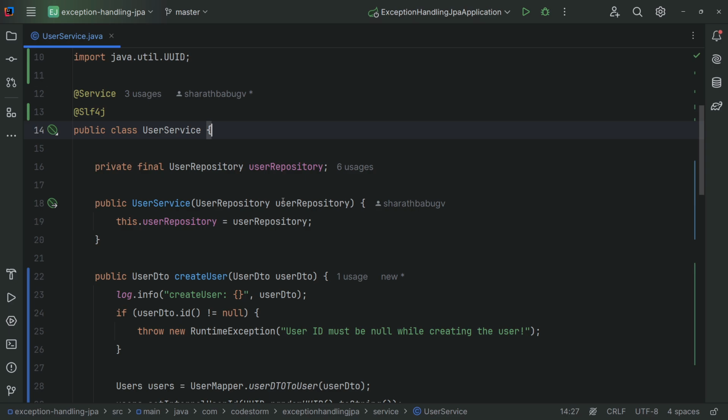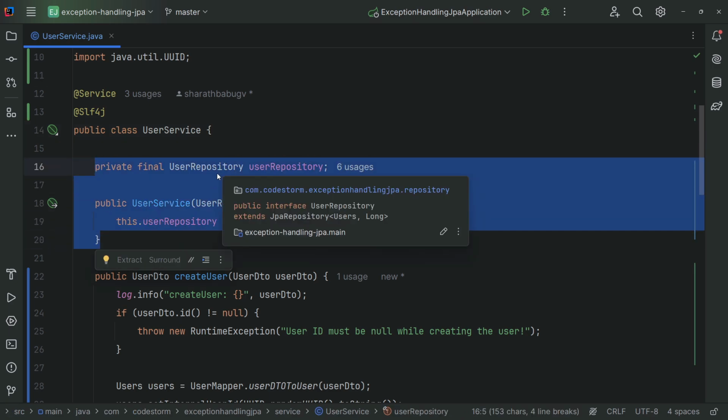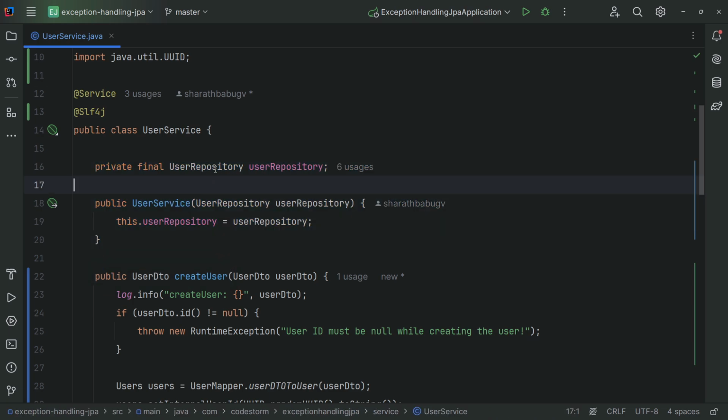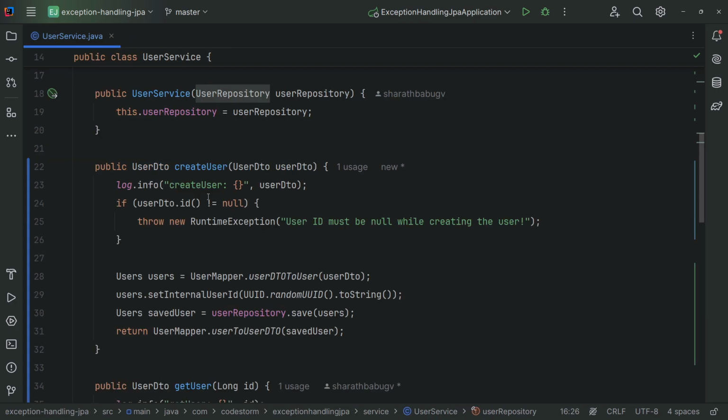This service class is like a manager of our application which handles business logic. It does the main work of creating, reading, updating, and deleting information, called CRUD. To do these things, it asks the help of the repository, which is like a helper that knows how to talk with the database. This user repository we have already come across; it is an interface which extends JPA repository. So in this user service, there is a create user method